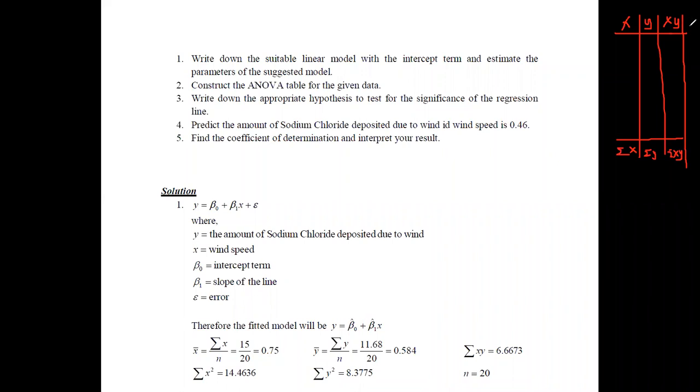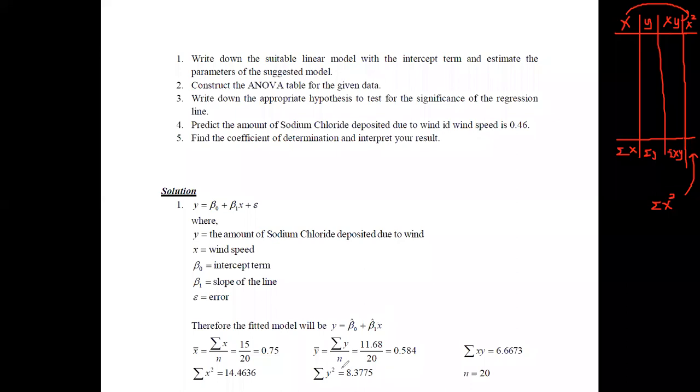Thereafter, another column is needed for the calculation, the value of x squared. When we calculate the value for beta 1, the summation of x squared is needed. To obtain this column, we square the values in the x column and then sum all these values to get the summation of x squared.